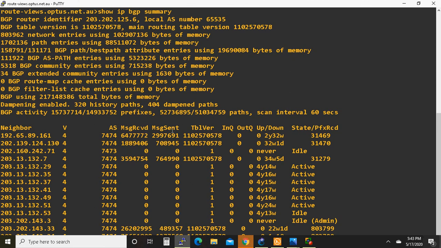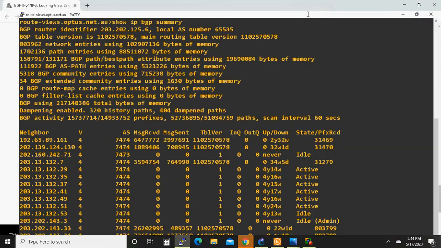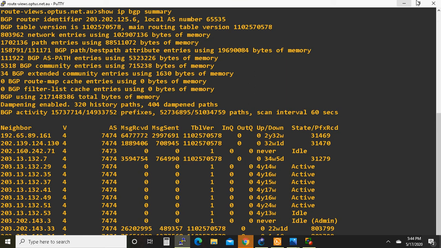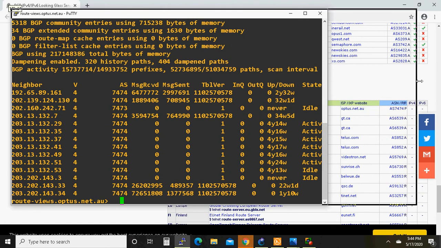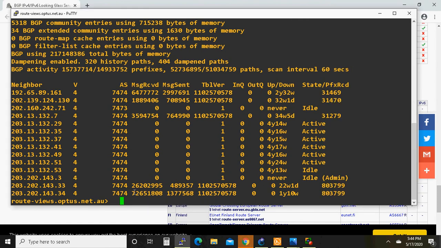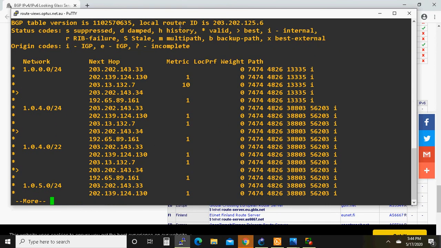Here we can see this is a public server, so we can use only show commands. These are the peerings, and also here I am giving show ip bgp. These are the routes.